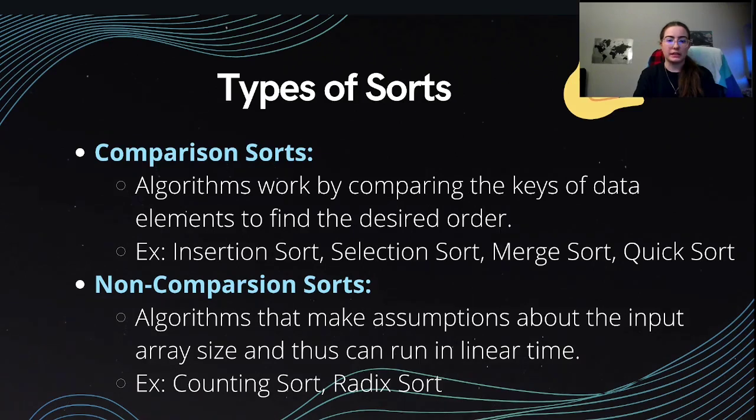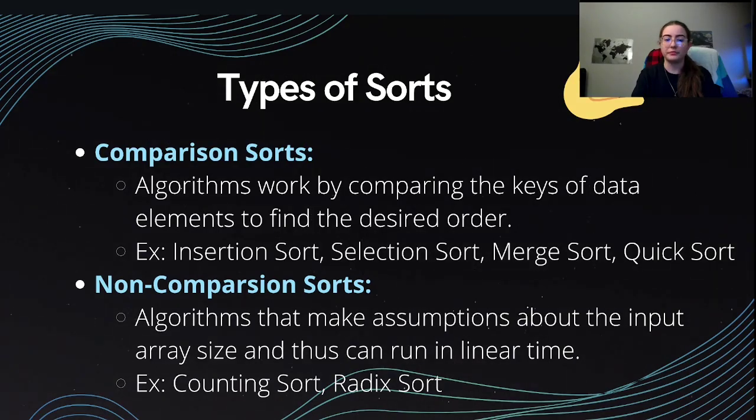Basically the main idea, self-explanatory, comparison sorts are algorithms that work by comparing the keys of data elements to find the desired order. So you're basically just comparing the values between each element, and that's how you figure out how you're supposed to sort it. These examples include insertion sort, which we're going to take a look at, selection sort, merge